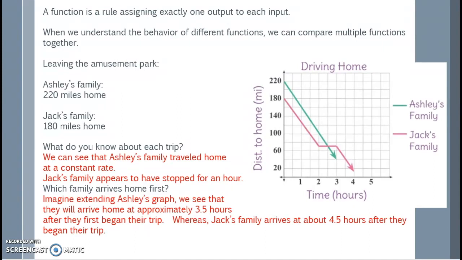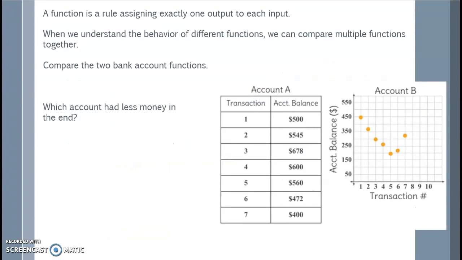Let's imagine extending Ashley's graph. We see that they will arrive home at approximately 3.5 hours after they first began their trip, whereas Jack's family arrives at about 4.5 hours after they began their trip because they had an hour break or an hour stop somewhere in between. When we understand the behavior of different functions, we can compare multiple functions together, such as Ashley's and Jack's family